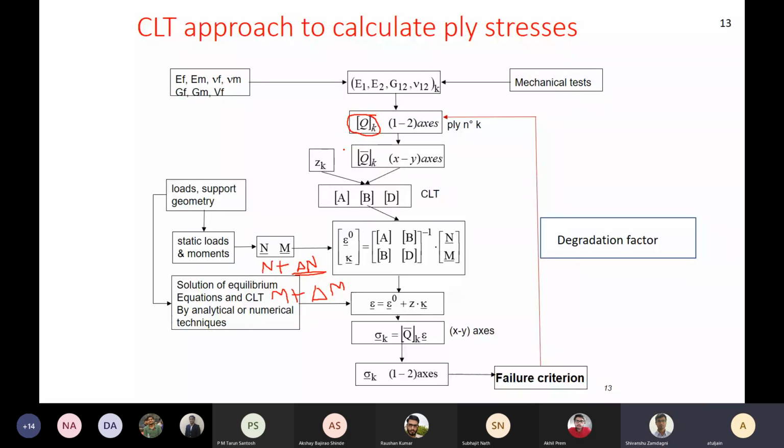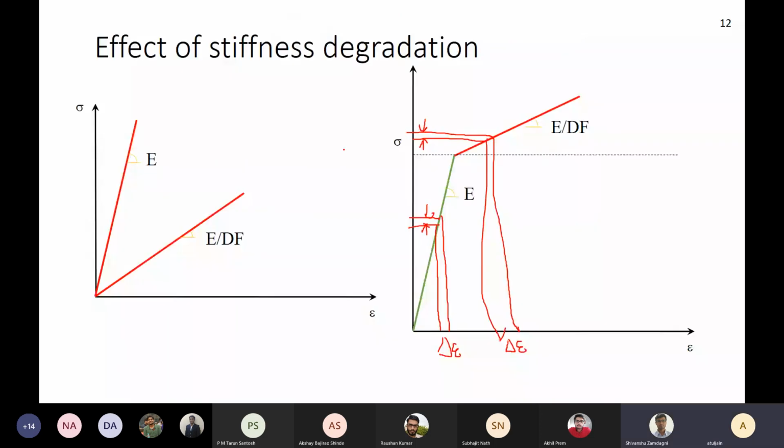Yes, sir. Could you please go to the previous slide? In this, the second curve, shouldn't it be changing with every point, because we don't know the damage? It should change at every delta strain increment. Every time there is a strain increment, the value of E df might decrease a little bit. This is only a simple illustration of the idea. In reality, every time delta strain changes, the slope may change slightly.